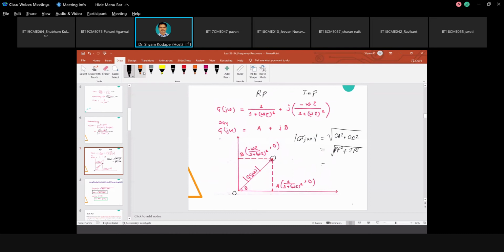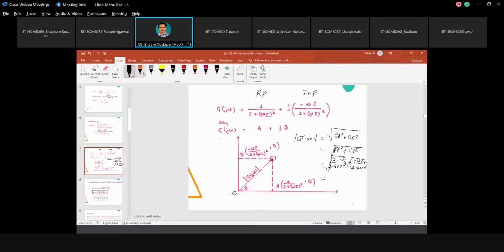So when we substitute these things, the real part is 1 upon 1 plus omega tau square, and the imaginary part is minus omega tau upon 1 plus omega tau square, and under root of the sum of the squares of these. So it comes out to be